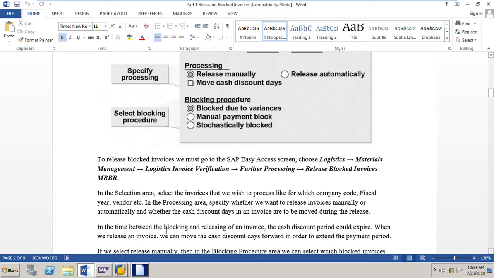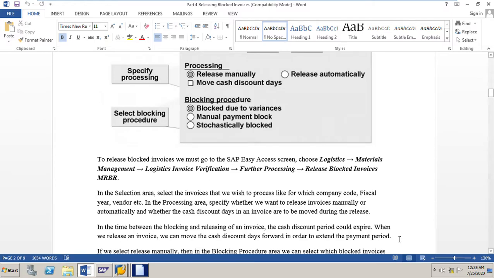In the time between the blocking and releasing of an invoice, the cash discount period could expire. For example, the invoice was blocked last month, and today we want to release the invoice. That means within this one month, the cash discount period can expire. When we release an invoice, we can move the cash discount days forward in order to extend the payment period.